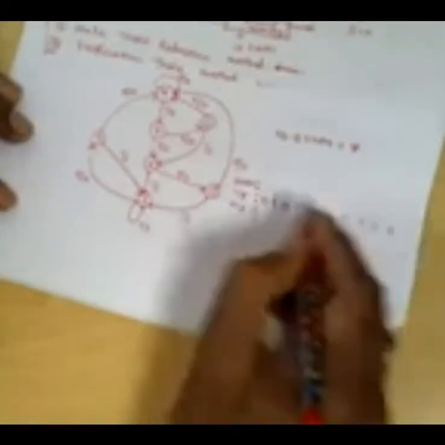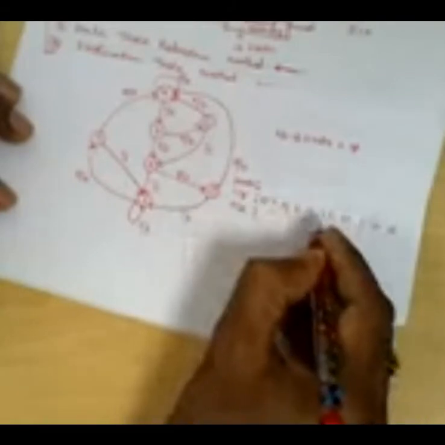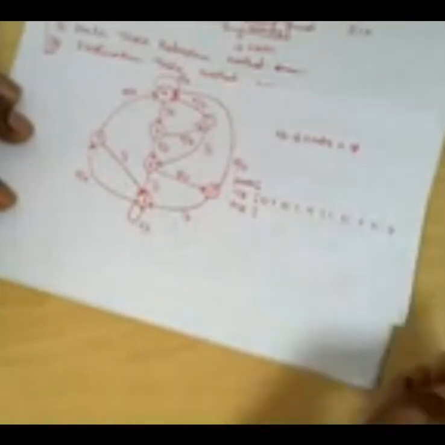Randomly I have taken the input. Because input is random, it is not in our control. It is coming from our earlier stage somewhere. So it is not in our control. We cannot predetermine it. So we have taken the input something like this: 0, 1, 0, 1, 0, 1, 1, 0, 1, 0, 0. Right.